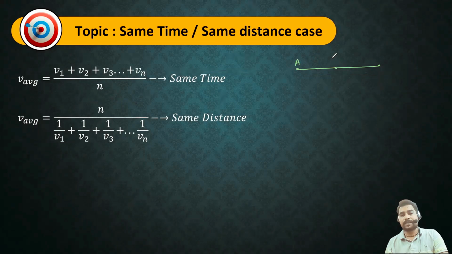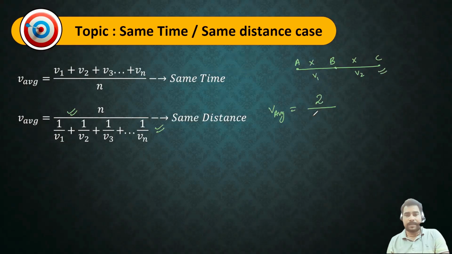So from A to B and B to C, the distance is the same, x, speed is v1 and v2, and again the time taken is different. So I can use this formula directly here. If I use this formula in this case, I can directly write the average value of velocity as n, where n in this case is going to be 2, upon 1 upon v1 plus 1 upon